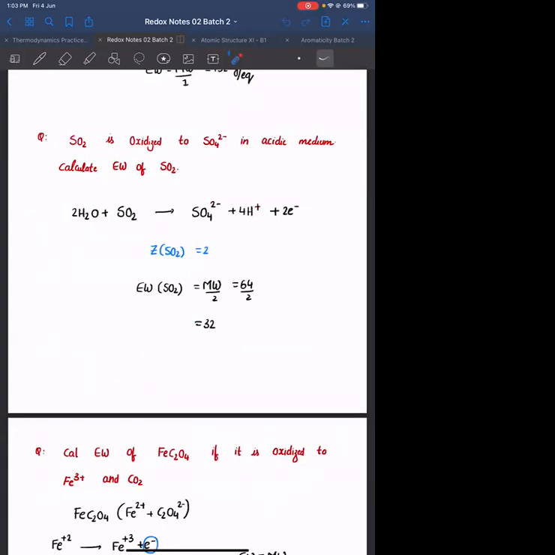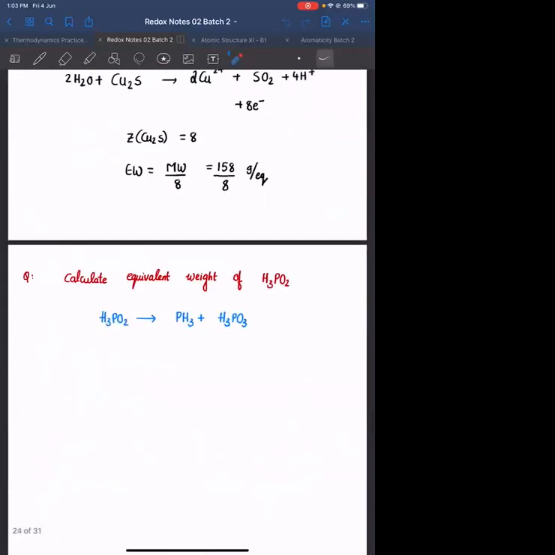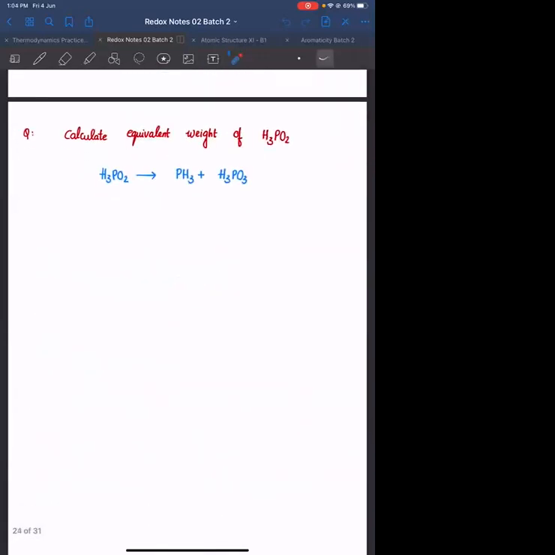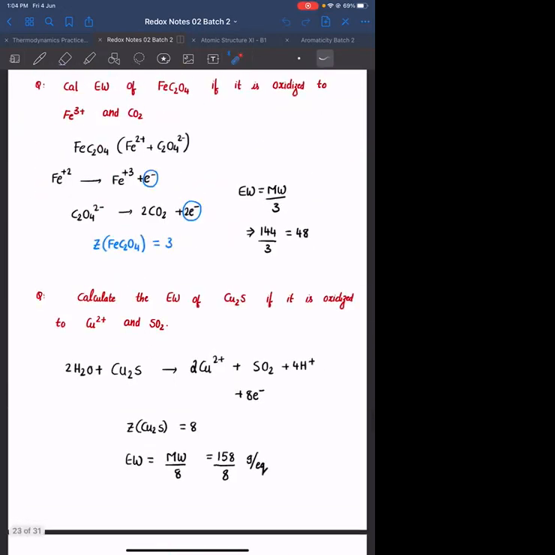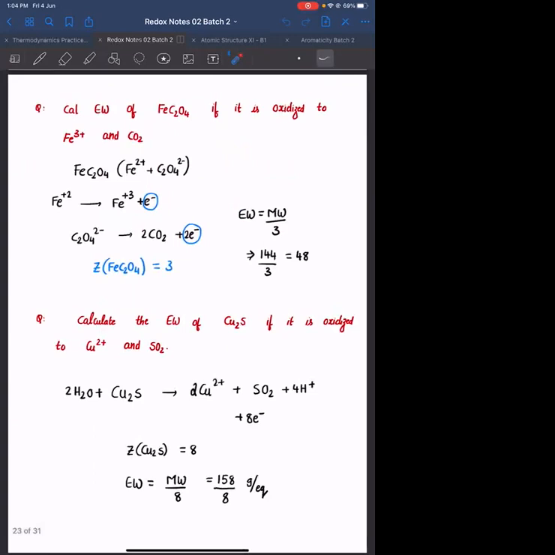In our last lectures, we have seen how to calculate the equivalent weight. We have seen what is meant by a disproportionation reaction. And in the disproportionation reaction, how to calculate the overall Z factor of that particular reagent as an oxidizing agent, Z factor as a reducing agent, and the overall Z factor. Overall Z factor के लिए आपको 1 upon overall Z factor is nothing but 1 upon Z factor as an oxidizing agent plus 1 upon Z factor as a reducing agent.